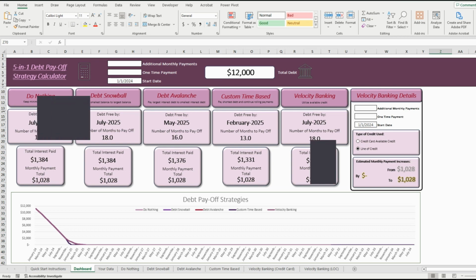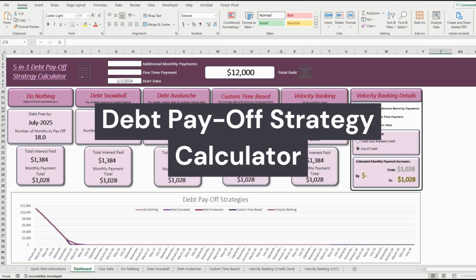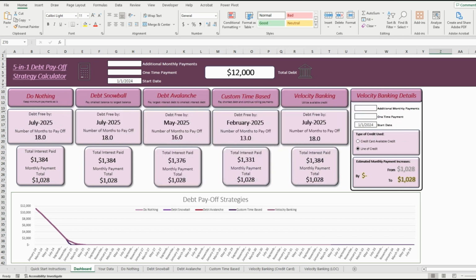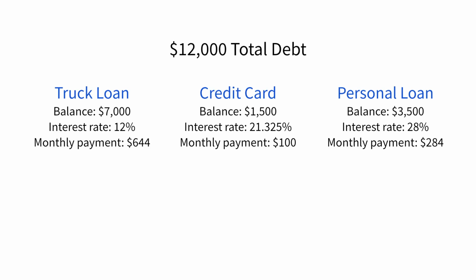In this video, let's run through a scenario using the debt payoff strategy calculator to see how to enter all information and how to compare each method. In this example, we have 3 debts totaling $12,000. There is an outstanding loan for a truck, credit card balance and personal loan with the following balances, interest rates